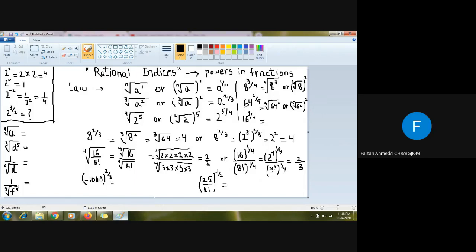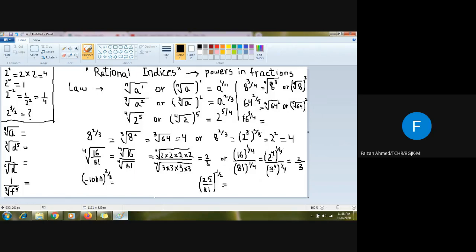One more example, we have 64 to the power 2 upon 5, and we are interested to convert this into the radical form. So I know that this number, which is in the numerator, will come in the power of 64, and this 5 will be coming in the root index. So I will make a radical sign. I will write 5 outside and then 64 to the power square. Or I can also write it like this, or I can use a bracket. Radical sign 64 inside, 5 outside in the root index, and whole power square.